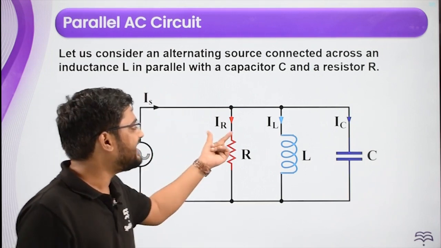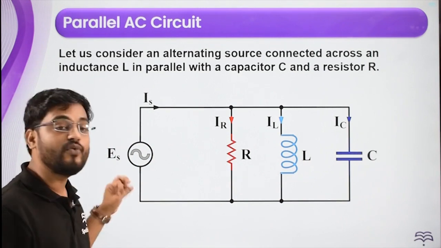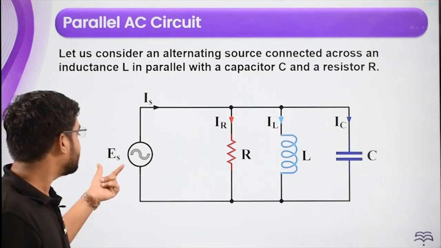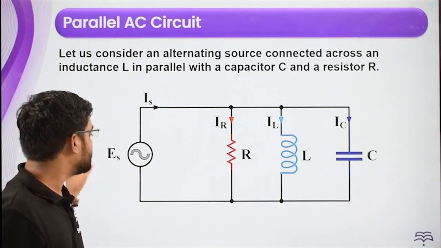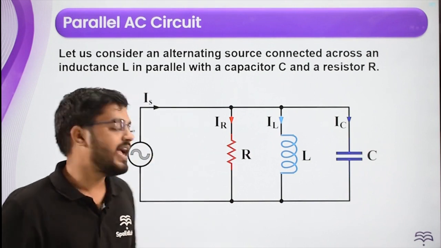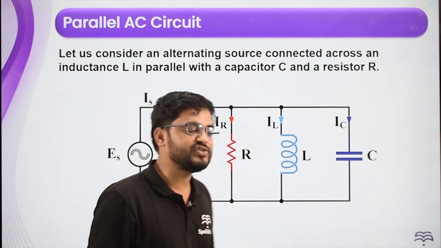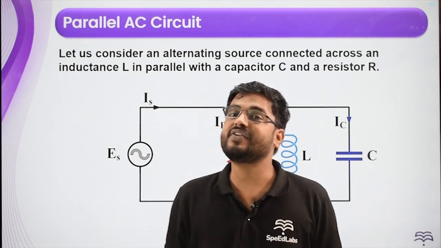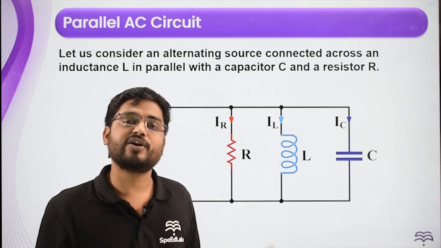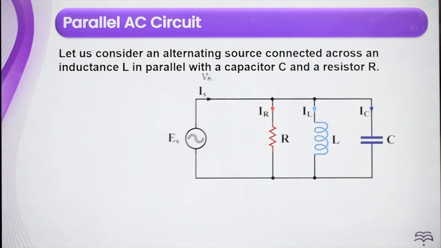Here all three currents will be in different phases, and the voltage, the potential difference, is the same because they are all connected across the same potential source. So for this AC voltage source, the potential across all three is the same, and the currents are in different phases. While making the phasor diagram, remember that previously we took current on the x-axis; now you take the voltage on the x-axis and keep it fixed. That's the first thing to consider.